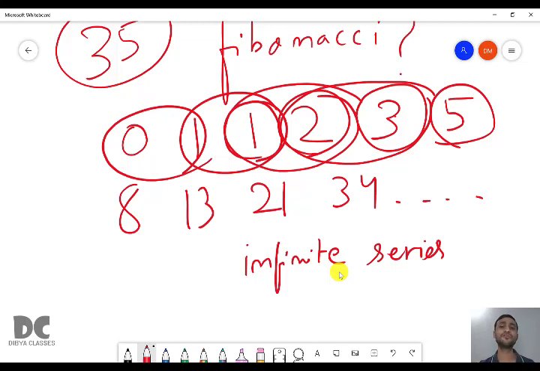For your board exam, Fibonacci is a very important series. You will get a question to generate Fibonacci numbers. Maybe the first 10 Fibonacci numbers, or it will ask you to print all the Fibonacci numbers till 30. Till 30 means you have to print till 21. Or the first 5 Fibonacci numbers, which are 0, 1, 1, 2, 3. Whatever the question, first you need to understand what the Fibonacci series is and how to write a normal Fibonacci program.